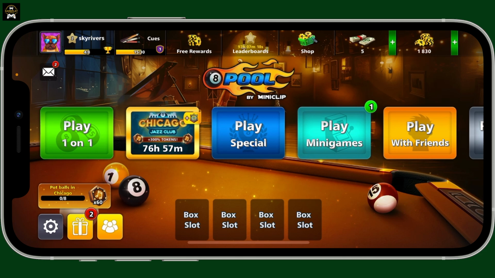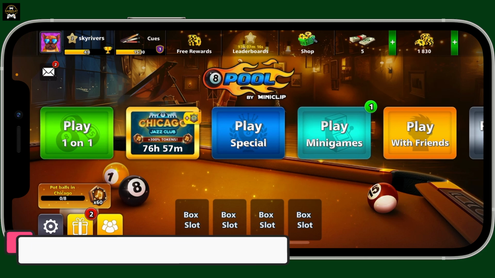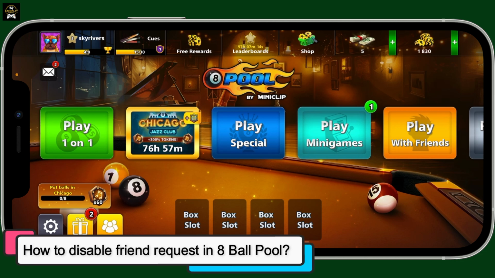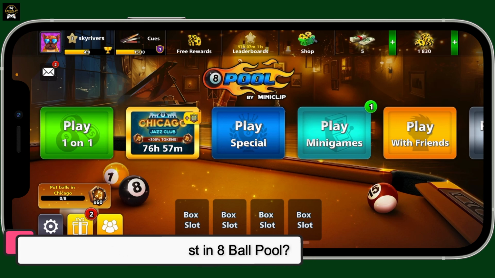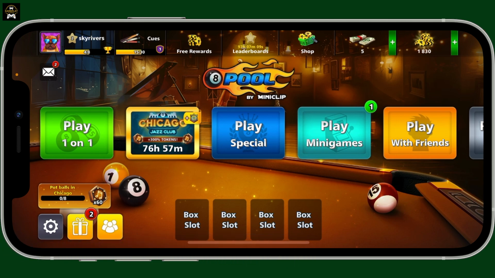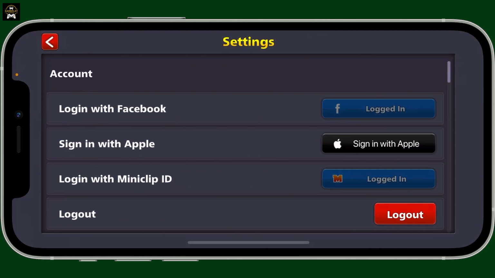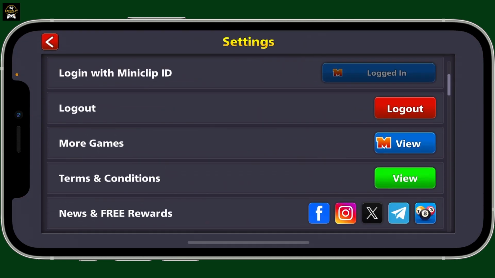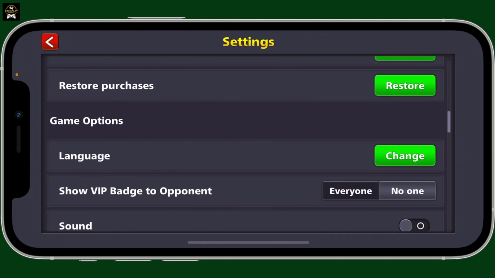In this video, we are going to be learning how to disable friend request in 8-ball pool. To disable friend request in 8-ball pool, open up the 8-ball pool application on your device. Make sure that you're inside this main home section, and once you're in, tap on the gear button at the bottom left corner. This will bring up the settings menu where you need to scroll down until you find the